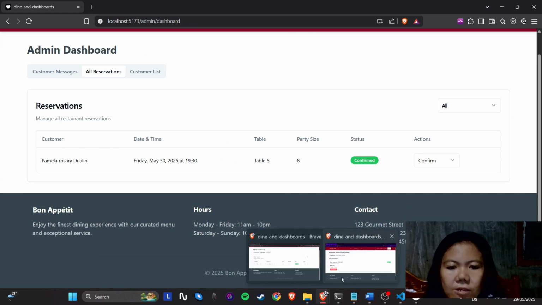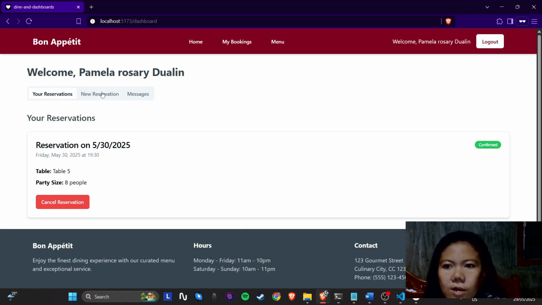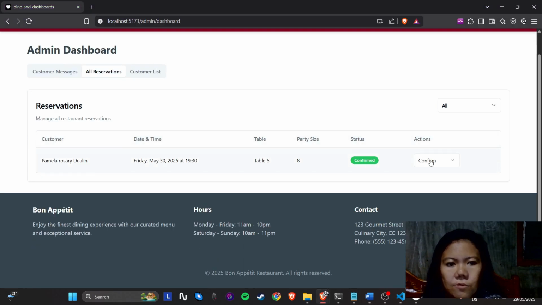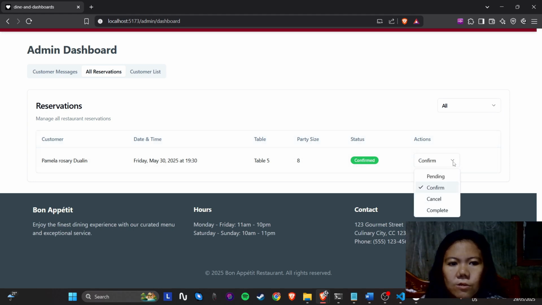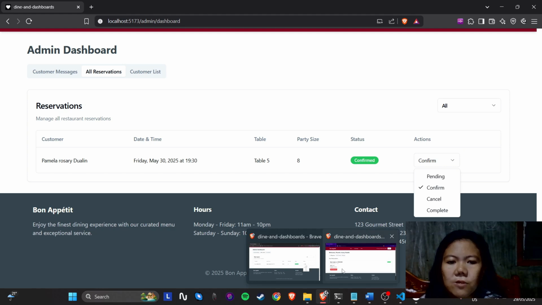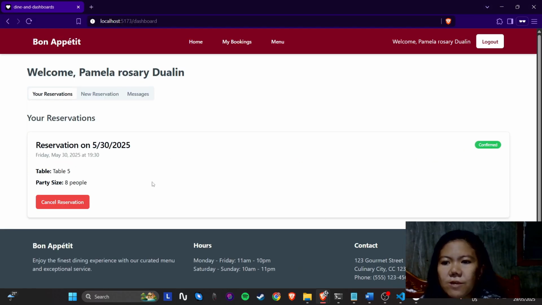Session, update unit, tools, create, update. Pwede din sa user management, pwede mo i-update ang